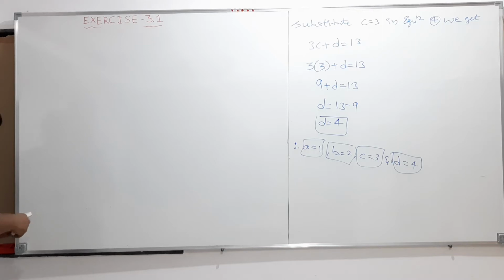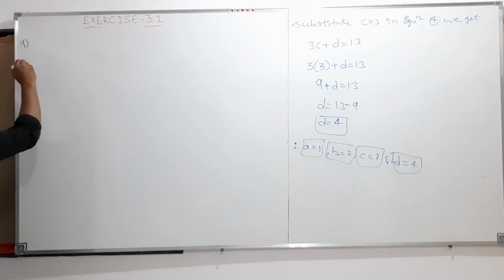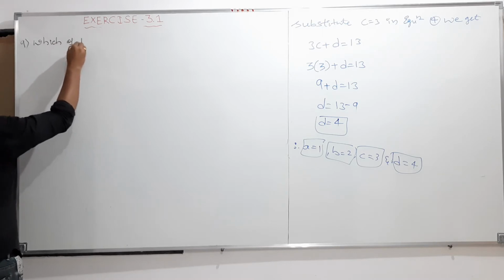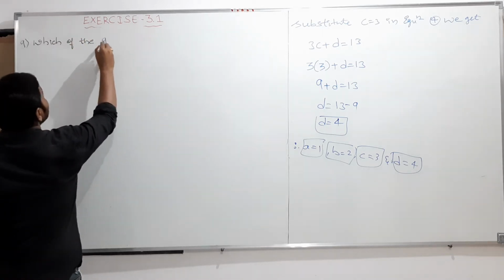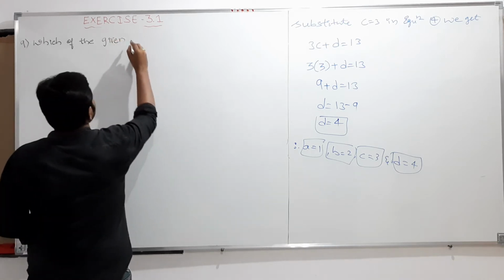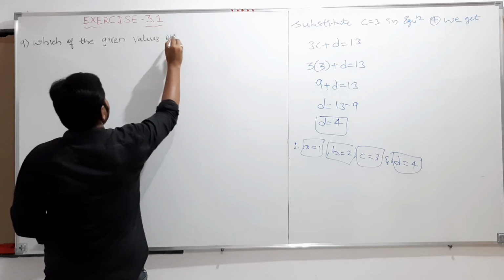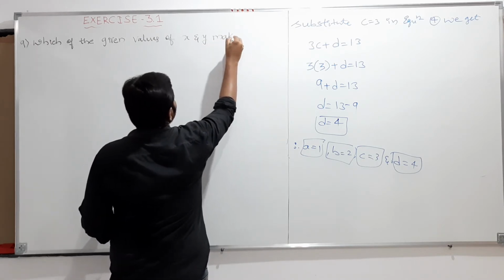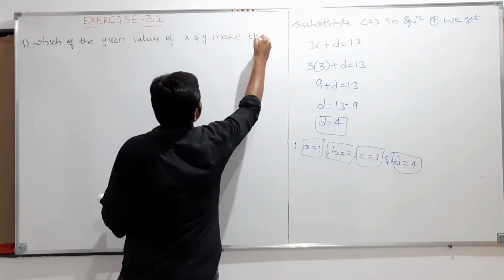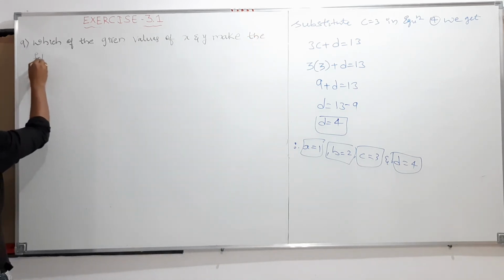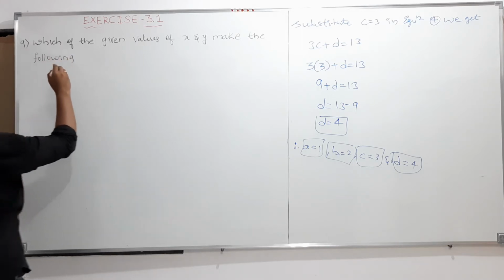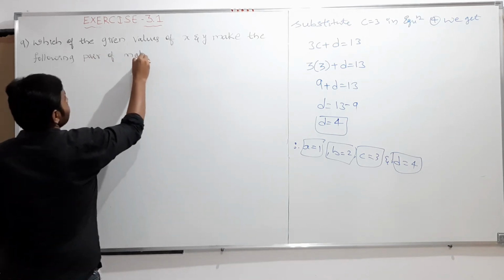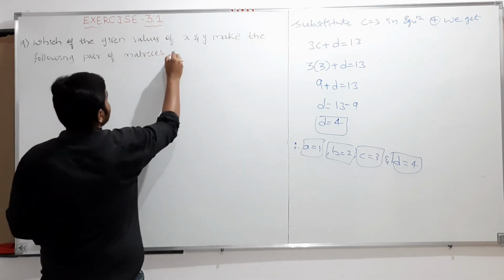Which of the given values of x and y make the following pair of matrices equal,